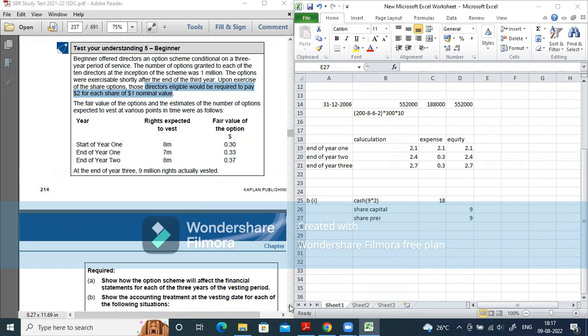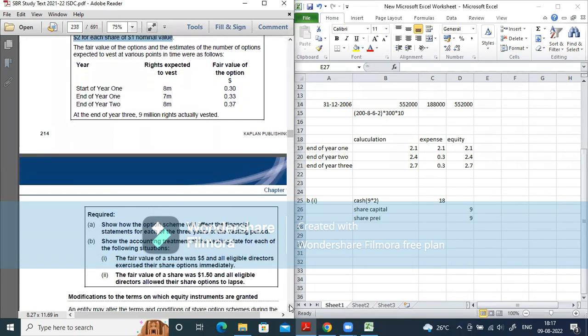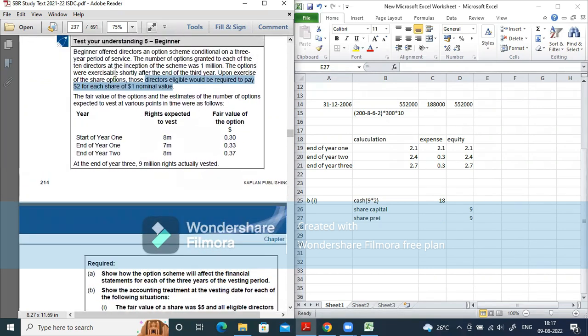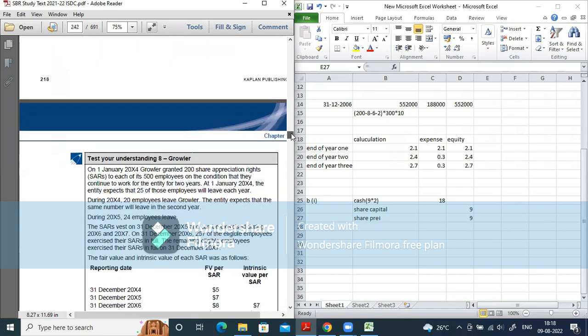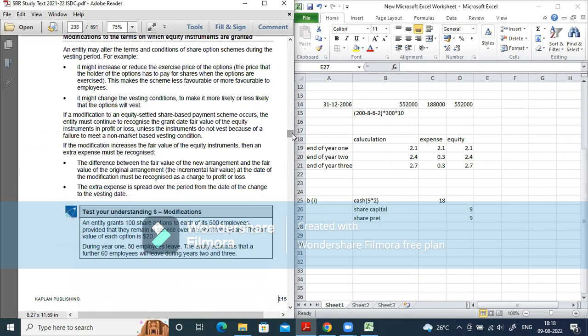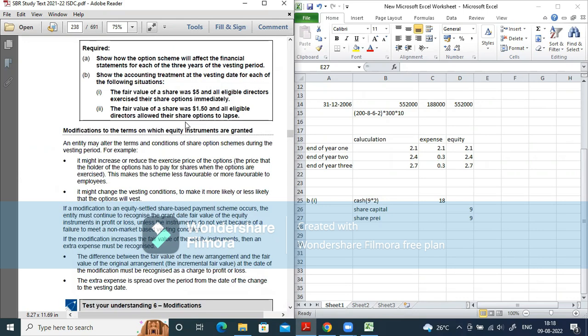Now the second one, they mentioned the fair value of the share option was 1.5. Just try to understand the concept. Here, on the vesting date, the employee needs to pay the exercise price of $2. But in the market, it is only $1.5. In the market, if the share option is available for $1.5, as an employee, will you exercise your option for $2? Definitely not, right? So the fair value of the share option was 1.5 and all the eligible directors allowed the